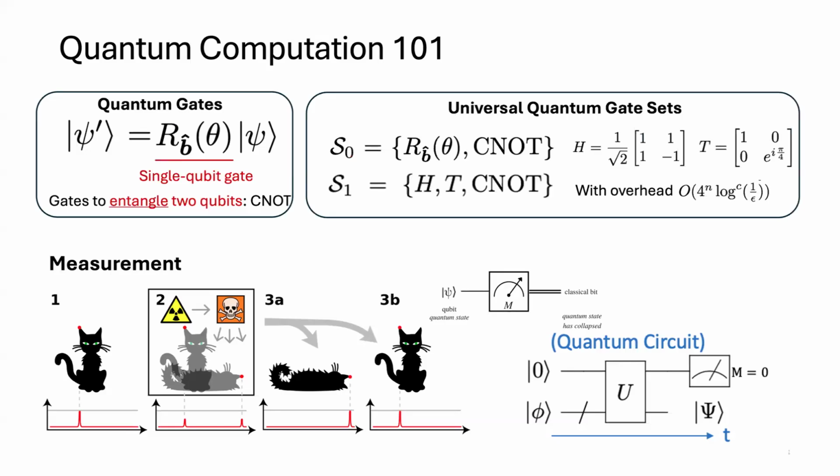There's a slightly non-trivial thing here: I said R is continuous, and that's where the power is. But to make things fault tolerant, you have to discretize this R into some discrete gates, because only when you discretize can you make things robust against noise. If you always use a continuous number, whatever number I choose, there can be a very small perturbation around it, which will ruin my computation. So I actually have to have discrete gates. This is the non-trivial thing about quantum computation theory. It says that if you just have two discrete gates, the Hadamard gate and the T gate, which have very specific matrices, you can approximate any continuous gate